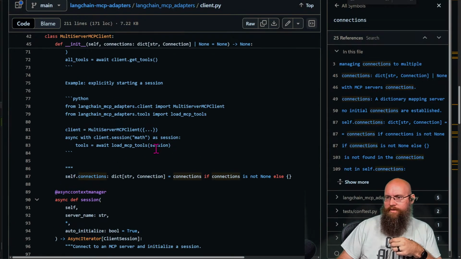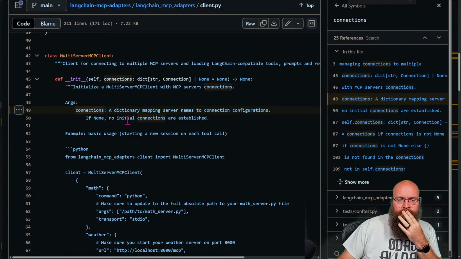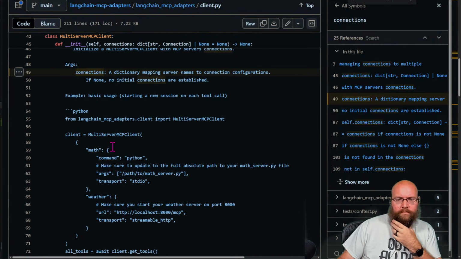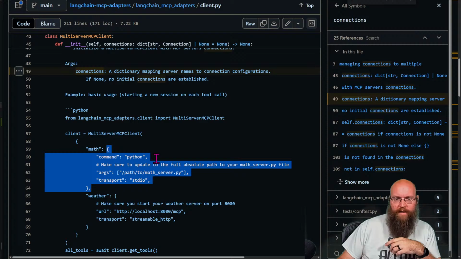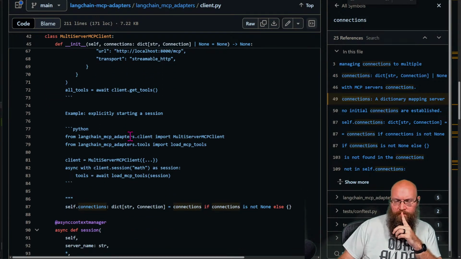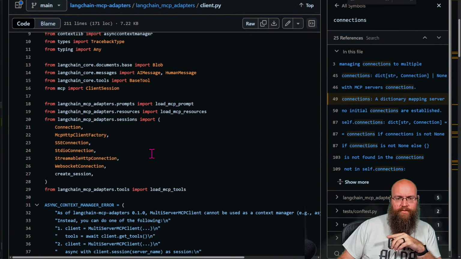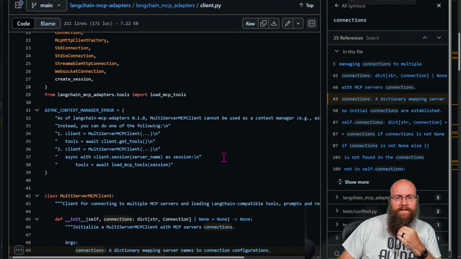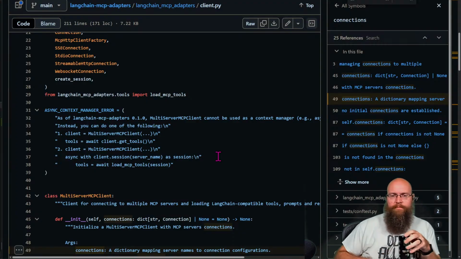So where's connections actually? I'm trying to see if this structure is defined anywhere in here. If it was, it would have been defined up here. So I'm guessing maybe it doesn't have a dedicated structure for that. I was hoping we could, because then we could kind of dig into it. RIP.